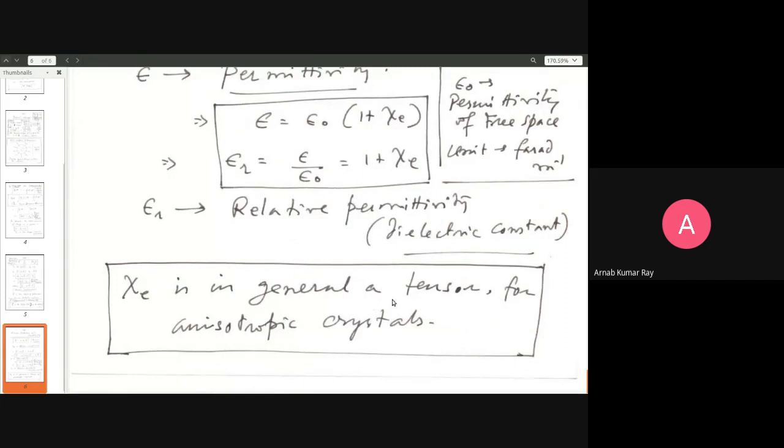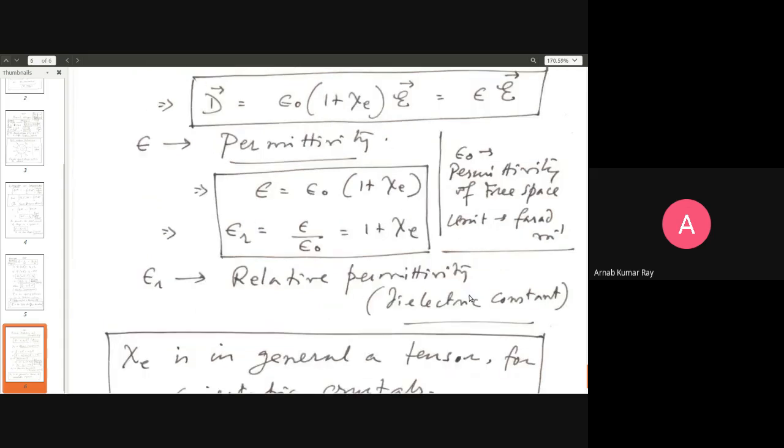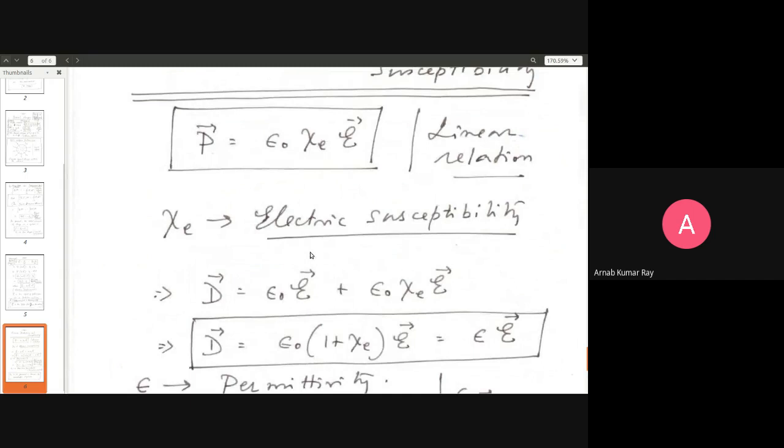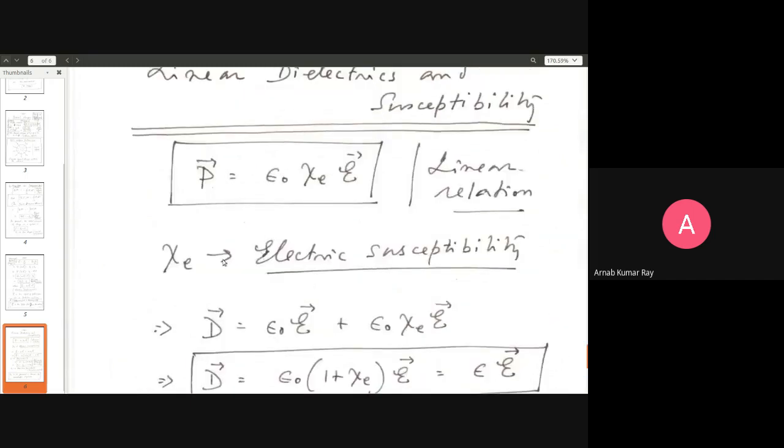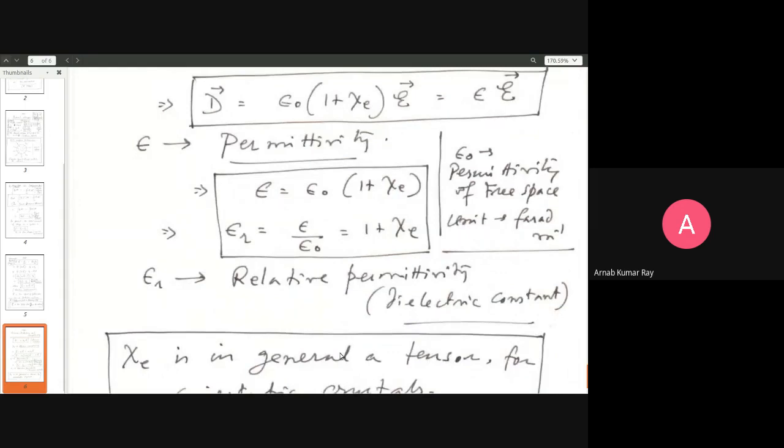I am just giving you a little flavor of the vastly interesting properties of materials in the world. And these theoretical ideas are intrinsically connected to such things. In anisotropic material, chi e will in general be what is known as a tensor, but you don't have to worry about the tensor business in your course. For our purposes, we shall treat it as a simple scalar. In the tutorial today, we shall take a few problems where we shall work with this formula. Anyway, with this, I finish our discussion on electrostatics.